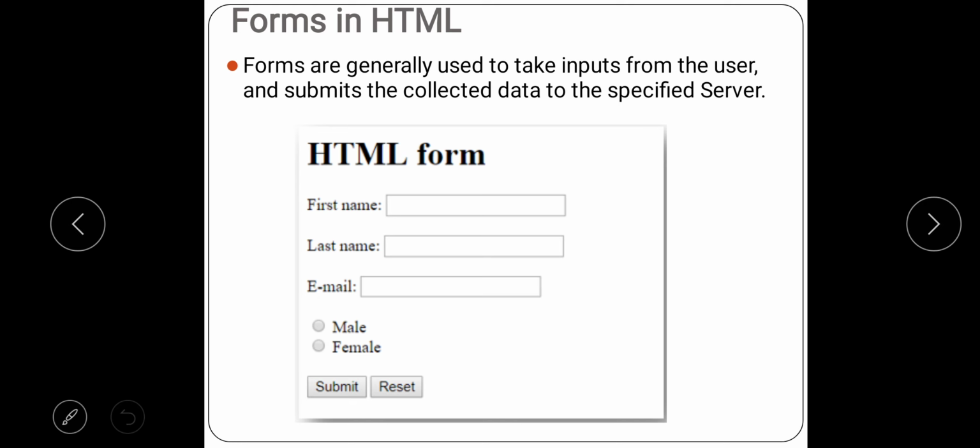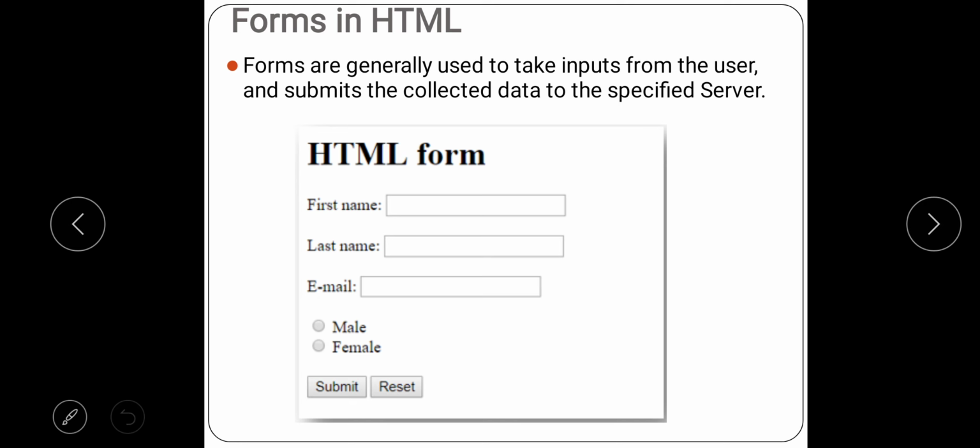So now in this example you can see there is one HTML form. Now there are different controls. So here the first control which we see is a simple text box, where it is placed after the first name. See, you can see after first name there is one text box, and in that text box you have to enter some data. So what data is asked here? That you have to enter the first name. So obviously the user will enter his first name, right?